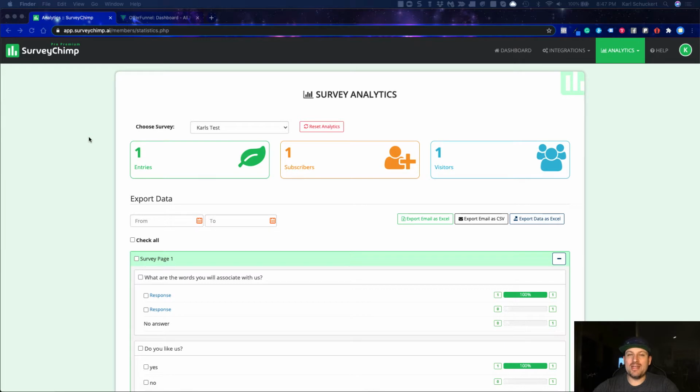But the really neat thing here is that if you do own Segmate and you use SurveyChimp and you have both apps connected to your fan page at the same time, that means that Segmate will actually capture that person as a lead or a subscriber inside of Segmate. So technically you could use what's called automated rules inside of Segmate, and you could trip off a bot, you could trip off a sequence to go out to those people right after they just took the survey inside of Messenger. So that's something that's pretty exclusive here. It's a neat way that you could use the both together.